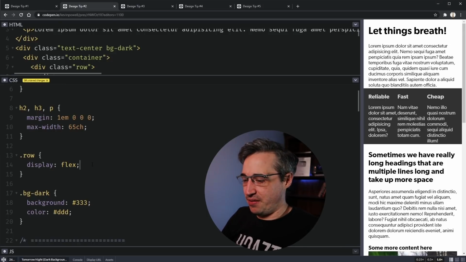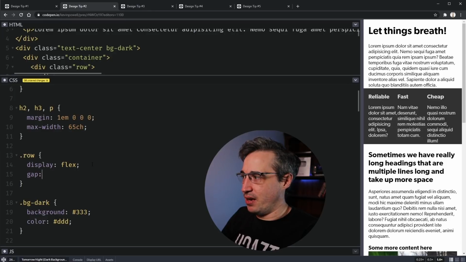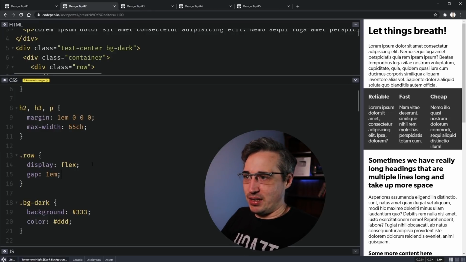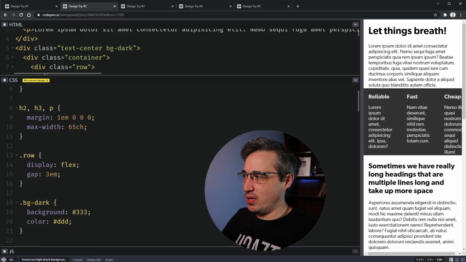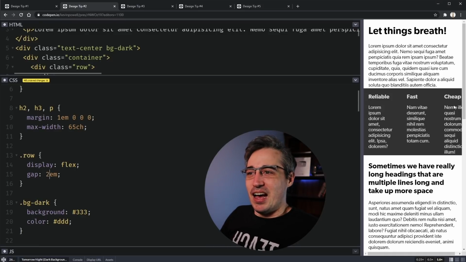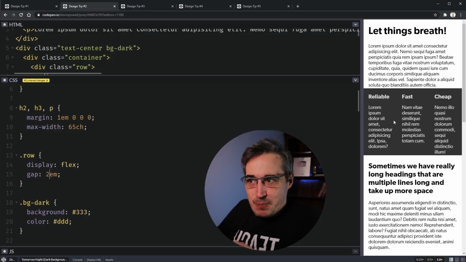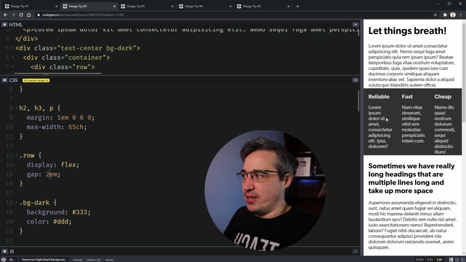So where I have my display flex, I'm going to come in here with a gap of 1em. Just to put a little bit of breathing room. Actually, I'm going to exaggerate with 3 here just to really put some space between them. Maybe that's a bit much. But we really want to have space around these columns that's being created. And if you didn't know, flex gap does work with flex.